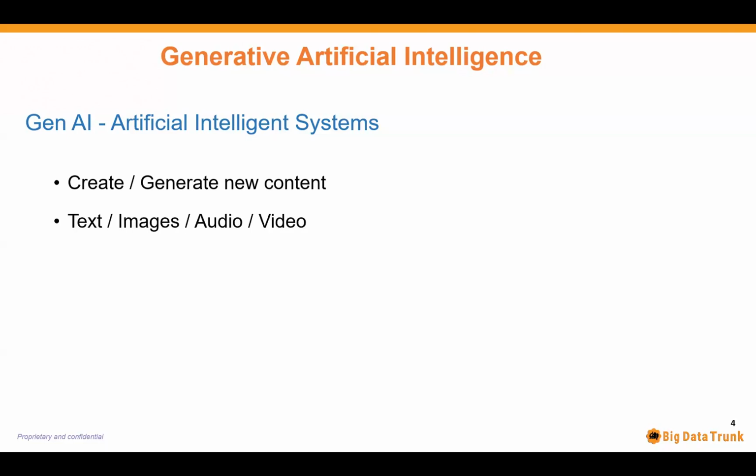And when we use the word content, it could be content that comes in any kind of mode or format. Most often, at least, the journey began with a lot of text-based Gen AI tools.